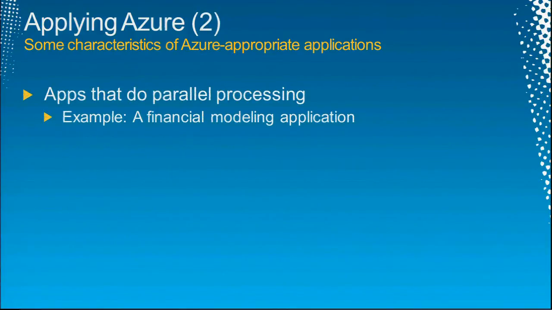What else? Parallel processing. In the financial world, it's fairly common to do these things called Monte Carlo simulations, where you take, for example, the price of a bond and compute that price over 10 years, given a set of assumptions about interest rates. If you do a whole bunch of those, you can then simulate what's going to happen in the future through various paths, then combine the results to estimate the likely reality.